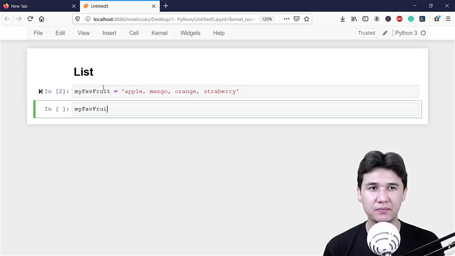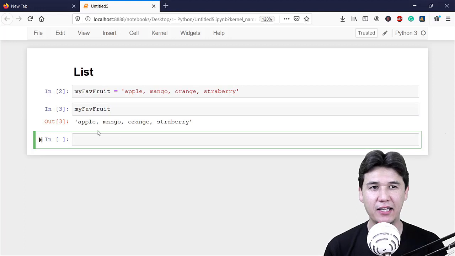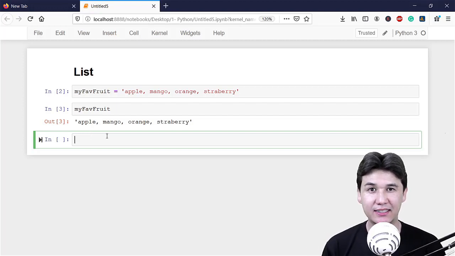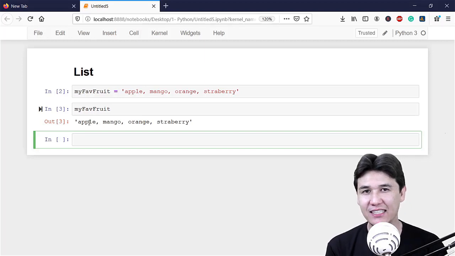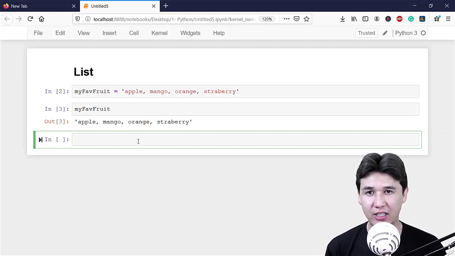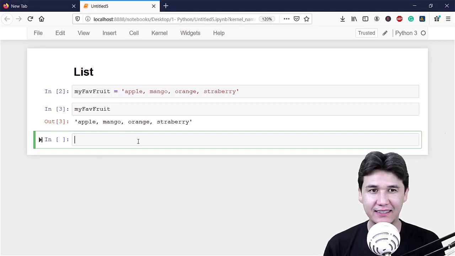Now if I run that program and just call that variable which is my favorite fruit, you will see that I have the complete string rendered, and we already learned how we control and call our variable while we assign a variable. But here I'm going to show you one more example, that we have complete control over each word or each atom of that particular fruit string. I don't have right now control to select apple, mango, orange, or strawberry. What I am going to do is just say list fruits,